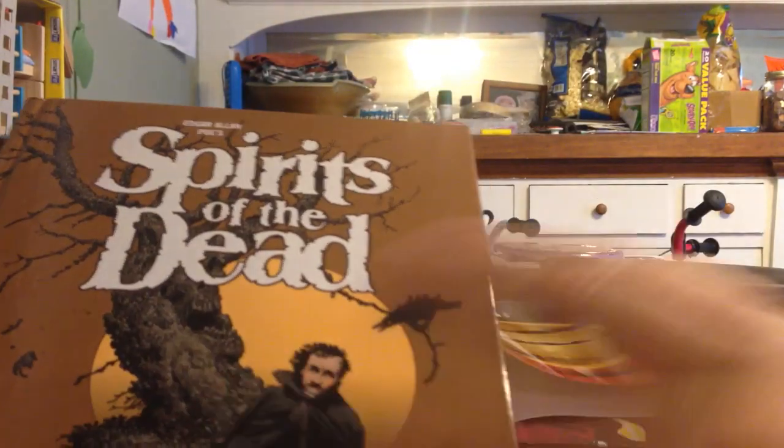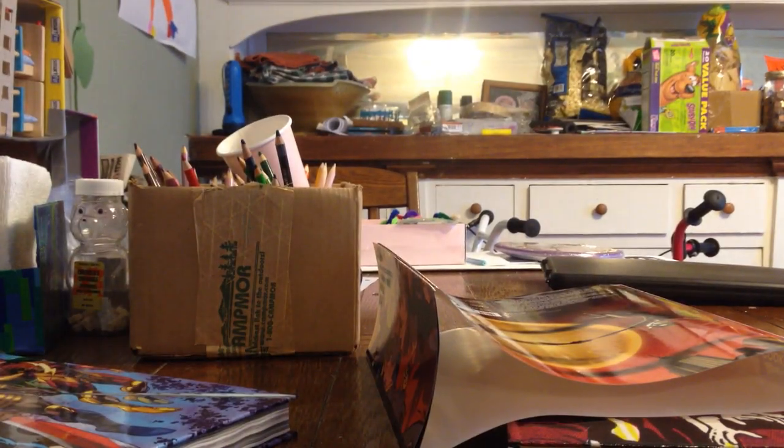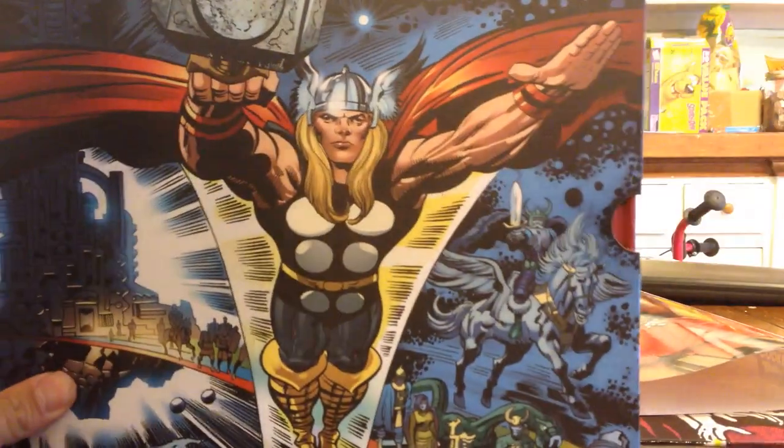They do not do a dust jacket, they just do a direct printing directly on the cover, which is what I like anyway. So I'm very happy with that purchase. And then another interesting purchase is